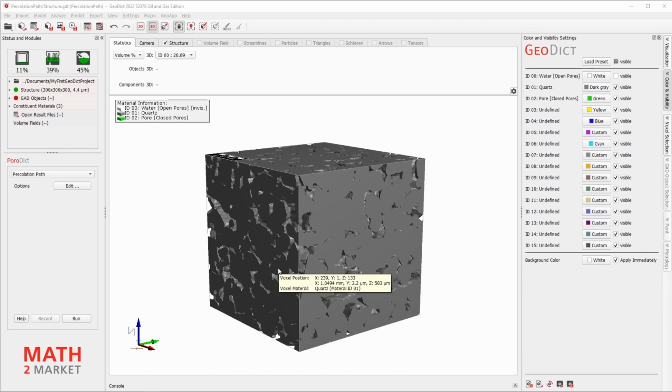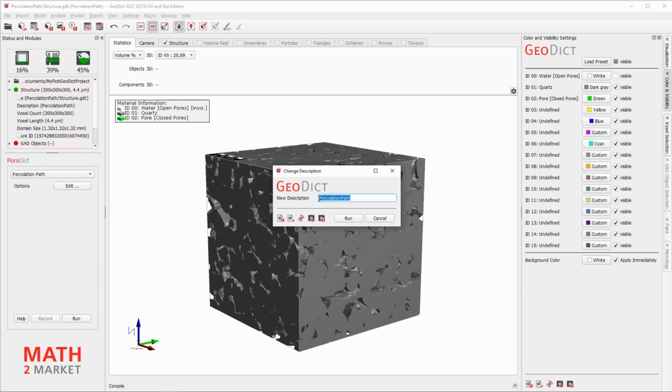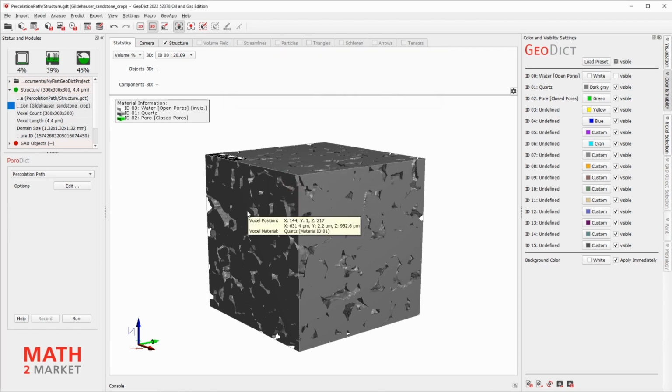As last action in this workshop, please change the structure information to Gildehauser Sandstone Crop. Run.